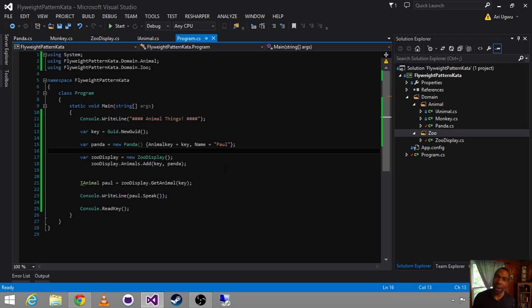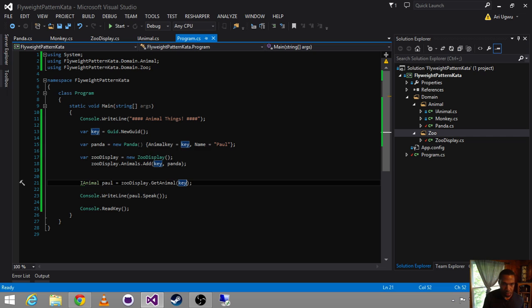It's a pretty simplified version of it, but when we start looking at our game later, that's a great example of it because in a game you're going to have all these assets. And it takes time. Nowhere is that more apparent than in a game where you're like, man, it takes time to load up assets. And if I wait until I need an asset to load it, it's going to slow down the action, the frame rate. It's going to gum up the works. What I want to do is front load all those things, get them into memory, and then when I need them, they're right there for me. So that's the flyweight pattern.